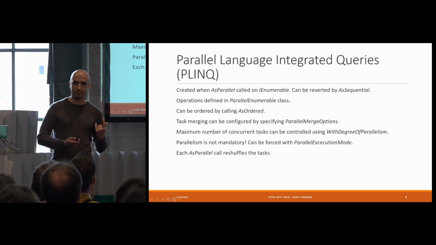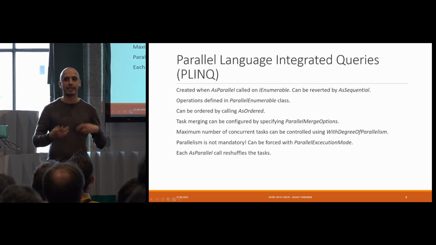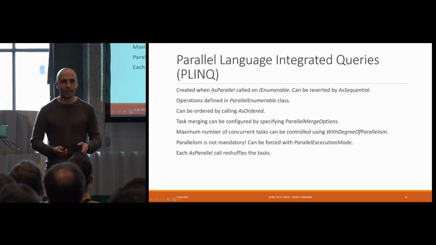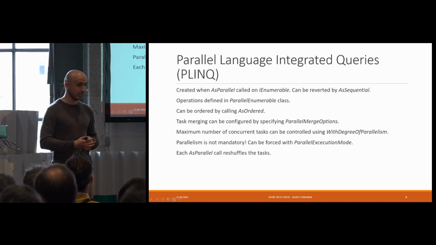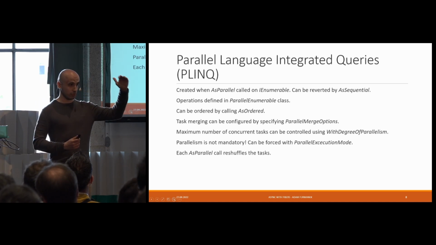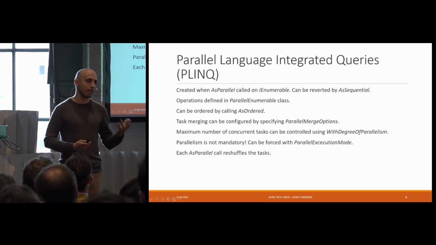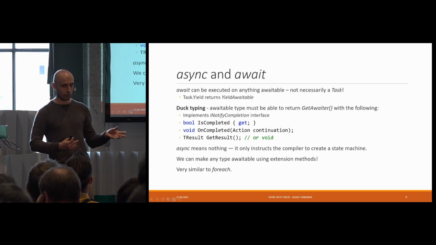The problem with this approach was that we are still wrapping those things in tasks. We still have those tasks flying around from left to right, and we need to use this ContinueWith method where we just need to provide yet another lambda, which still allows us to go more or less linearly, but still we have those details exposed. So that's why async and await came to the game.